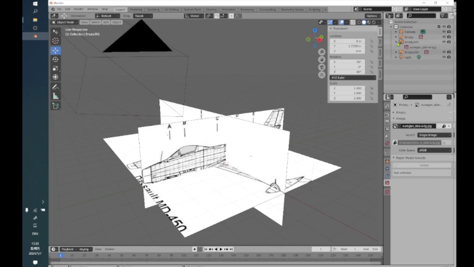So in the outliner, I can actually rename. It's a good idea to rename the images, because if you want to turn them off and turn them on, it's easier to find them. So this is the side view, right? So I can rename this to side view. And then if I select it here,